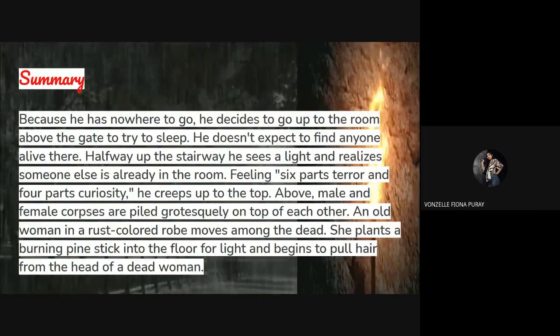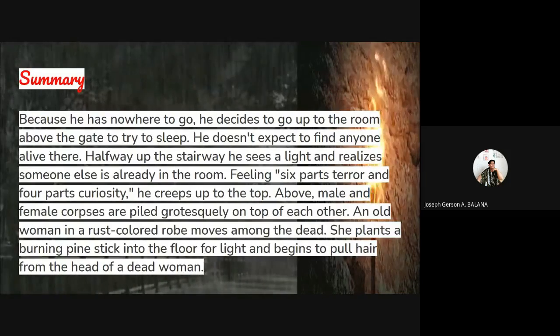So when the dismissed servant went upstairs in the Rashomon, he found out that there was already another person there, a woman, who was pulling out hairs from the piled corpses on the second level of the Rashomon.